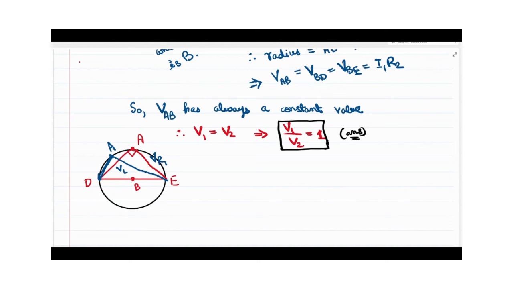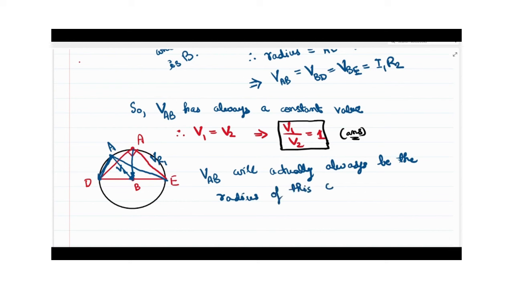So the value VAB, which is being asked in the question, wherever the point A lies, will always be the radius of this circle,